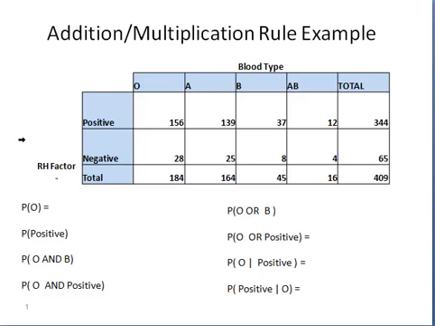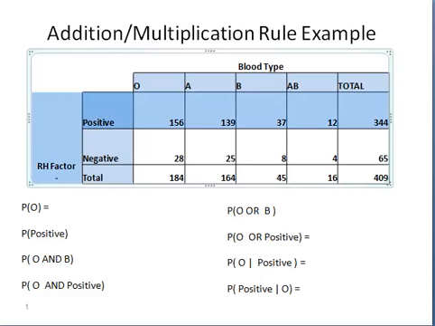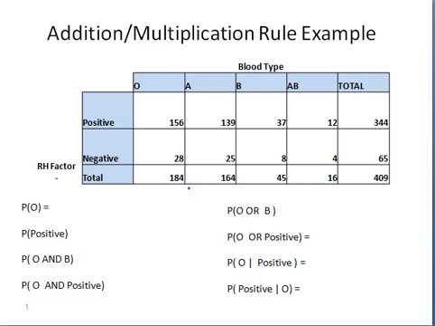So now if we're talking about the probability of O, we're just looking at how many total O people we have, which is 184 out of 409. So that's pretty straightforward, and we can do the probability of A, the probability of B, we can do the probability of positive. Now we're looking at the total in the row, which is 344, oops, this is a 9,